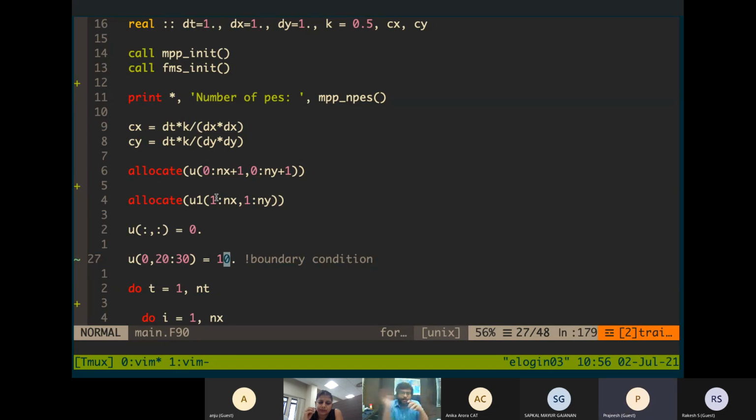What about the other sides? I mean, all other sides, I'm putting it as 0. Sir, 0 all the time. If you just see the line before that, he's saying the entire domain is 0. Okay.